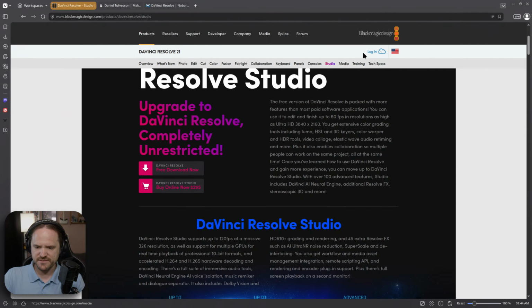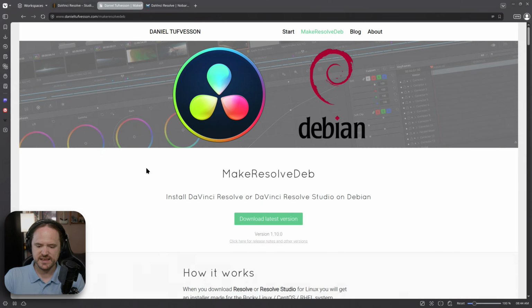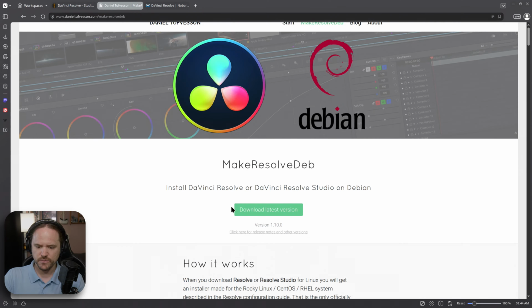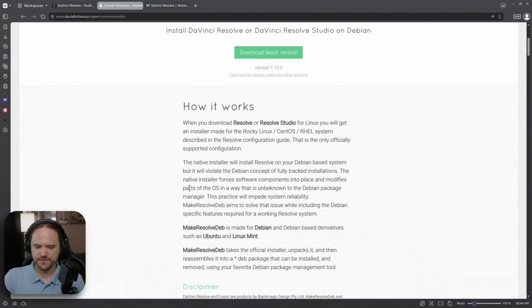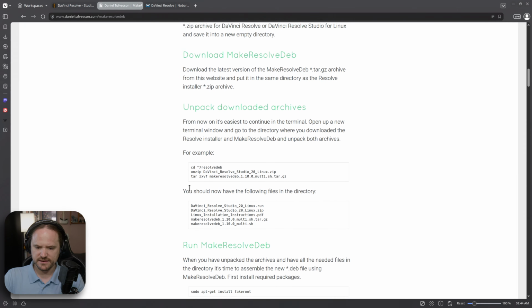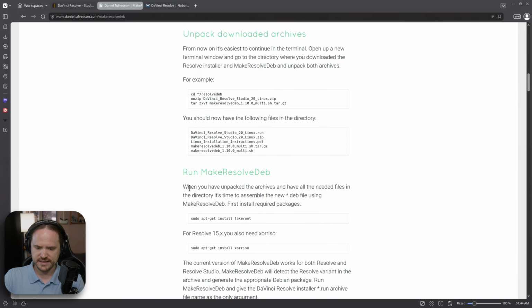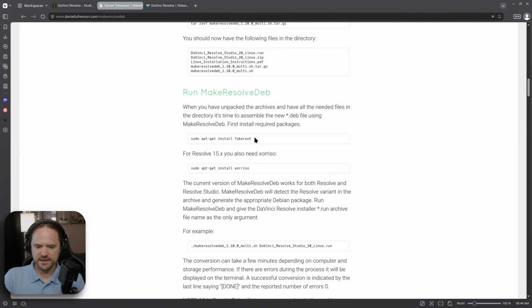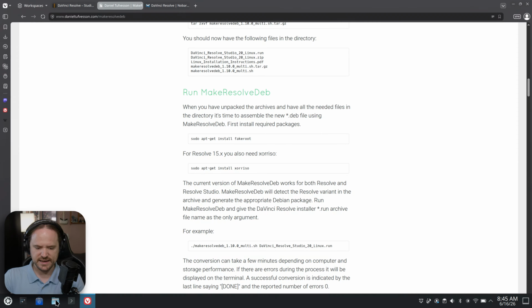Now, I already have everything here, but they're going to cover, well, dependencies. A dependency that is required. One is, of course, the file itself. And then you're going to have to go down and get this set up. My OS actually already had fakeroot installed on here, so you're going to have to potentially do this. You shouldn't need, yeah, it says it's Resolve 15X. You shouldn't need that at all. But yeah, once you have the files downloaded,